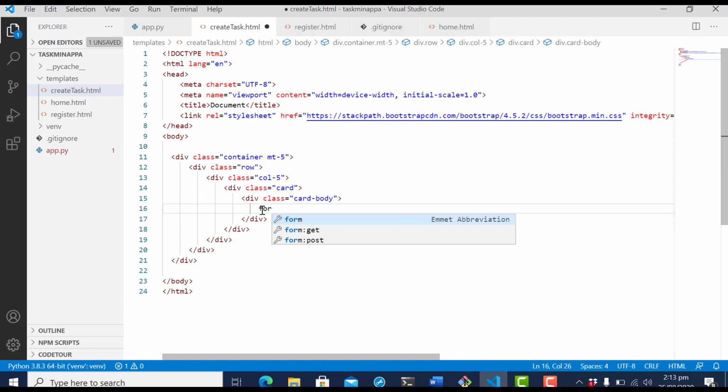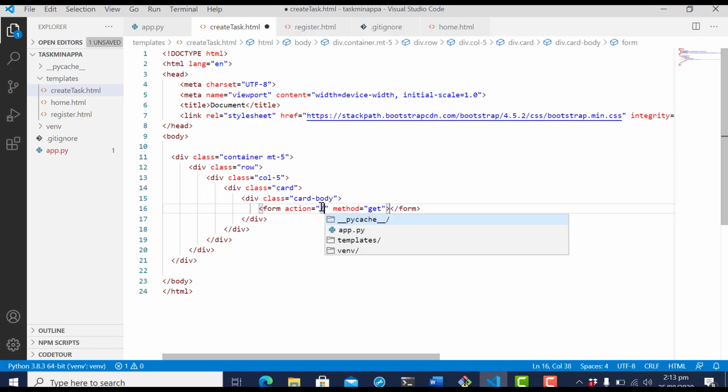So let's just create a simple form, which would be a get request. Maybe the endpoint should go to /data.html. So that means we need to create an endpoint for this, right? So it should go to data. Okay, so